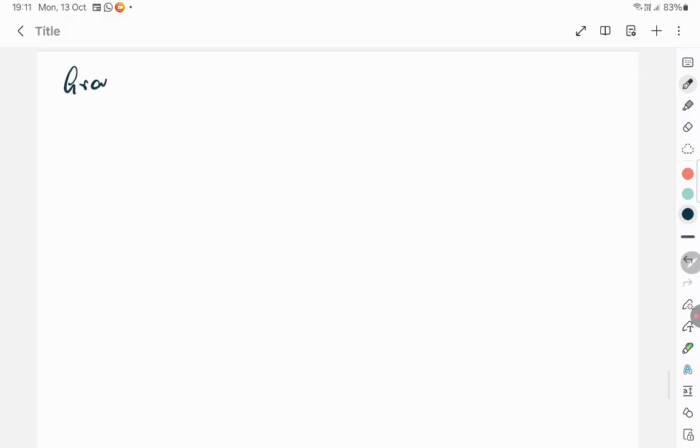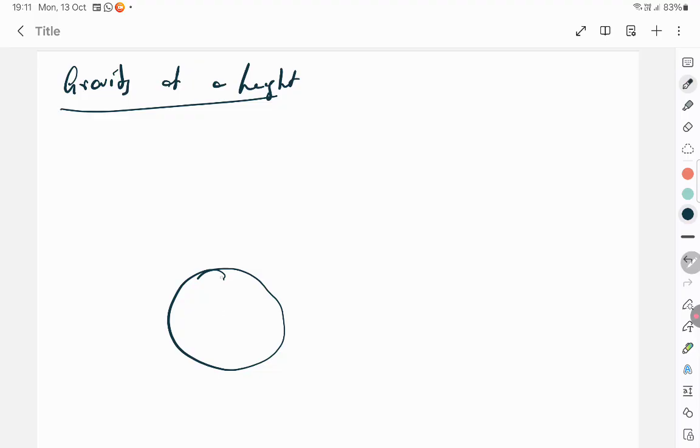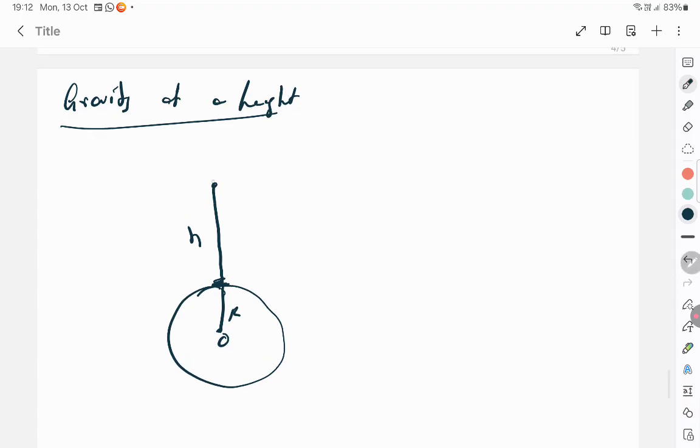Next is gravity at a height. Very, very important. This is the earth. You know the radius of the earth is capital R always. At any point at height h from the surface, height is always calculated only from the surface. We don't go and measure it from the center. No, we don't take a tape and dig inside the earth. Height we always measure from the ground. So h is always from the surface of the earth. I told you this is capital R and this is h. Let's look at this. What is the gravity?